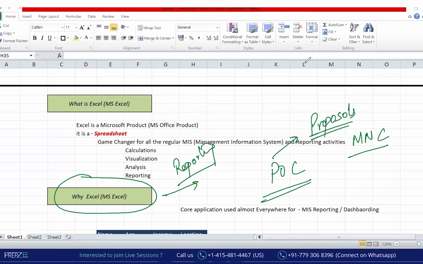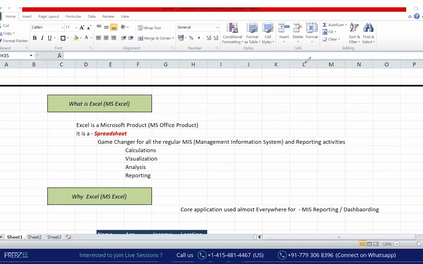So all the organizations are having data. If the data is too heavy to be handled, it would definitely be on either SQL or Oracle. If the data is a few hundreds or thousands of records, many of the organizations are doing the day in and day out job with MS Excel. So long story short, MS Excel is a